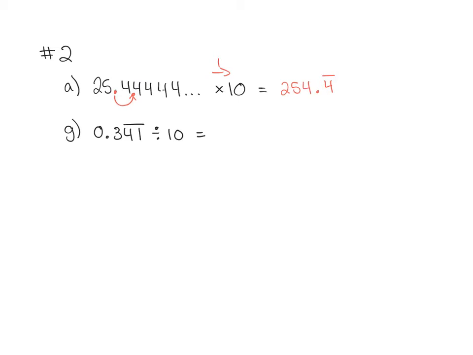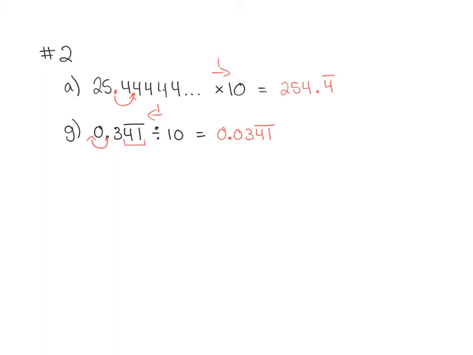If I have 0.341 and just the 4 and 1 are repeating, and I need to divide by 10, I have to start by moving the decimal one place to the left. So I take my decimal and I move it over. When I'm rewriting my decimal, it will be 0.0341, but notice it's still only the 4-1 that is repeating,